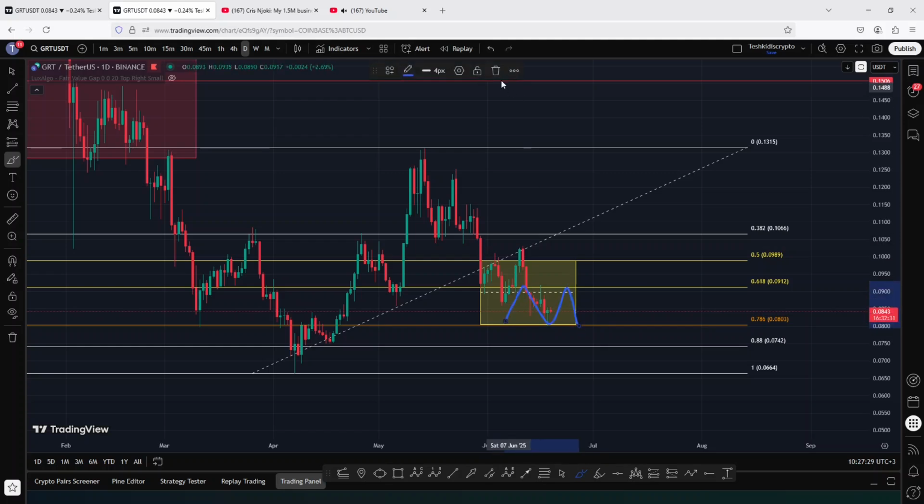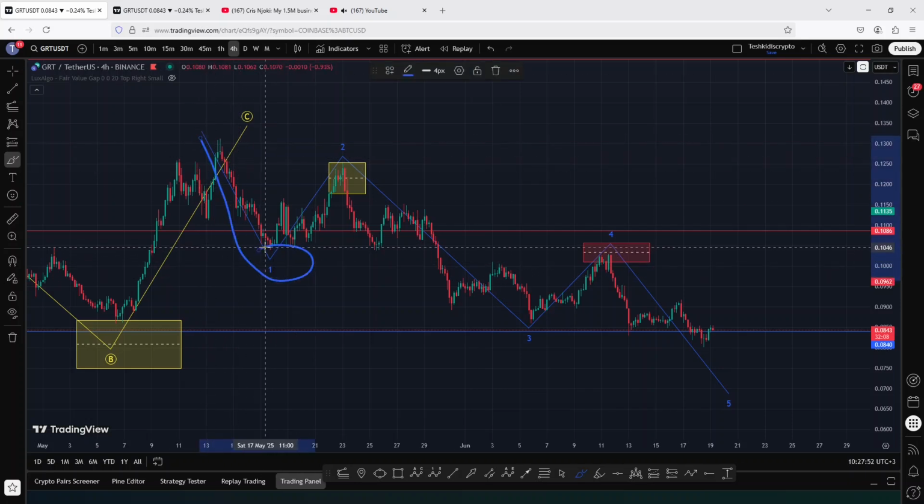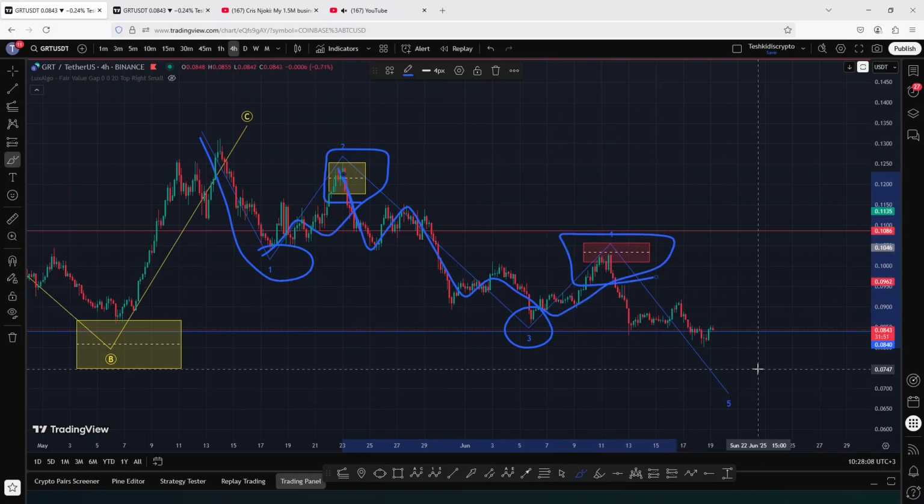On the 4-hour chart, I have a 5-wave structure that I have been observing, where I have been terming that initial drop as the formation of that wave 1. Then we saw a bit of a bounce in the formation of that second wave, where we got rejected, and then started another pullback to the downside in the formation of that wave 3. Then we saw a bit of a bounce in the wave 4,